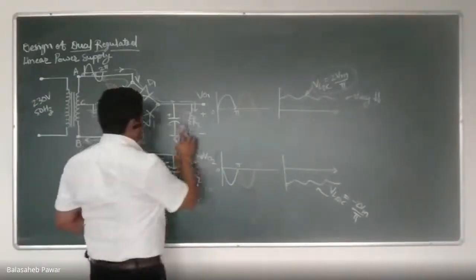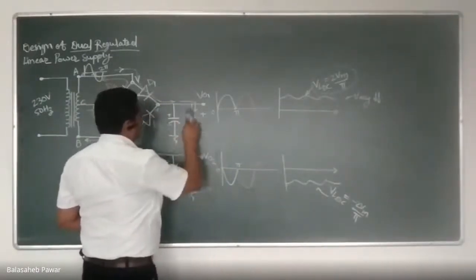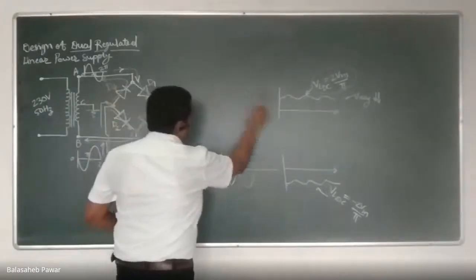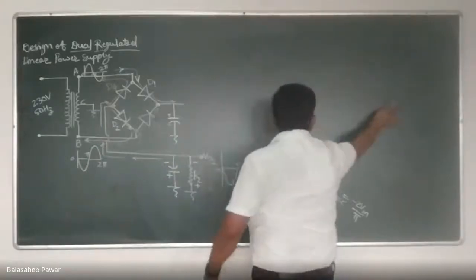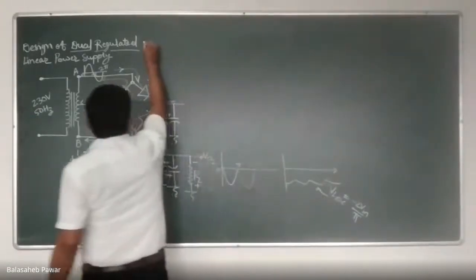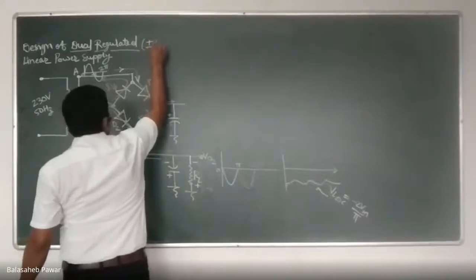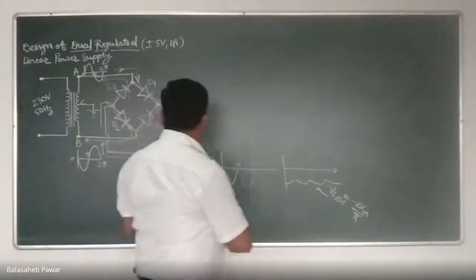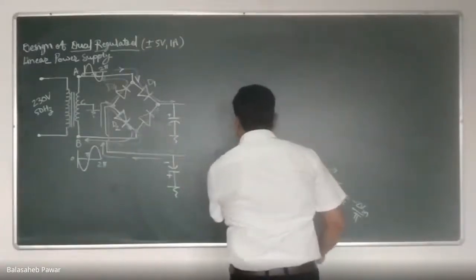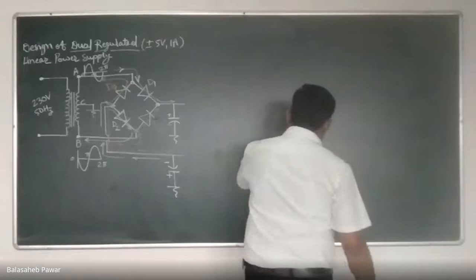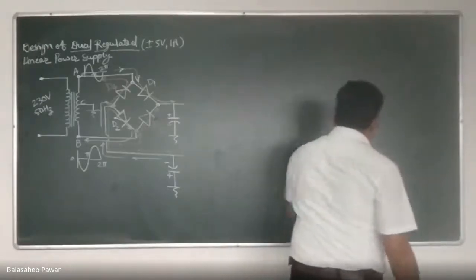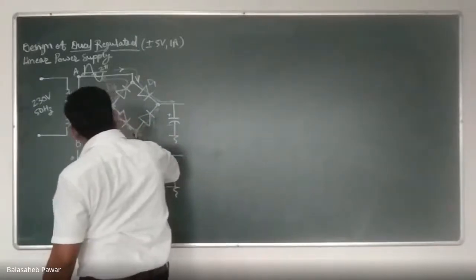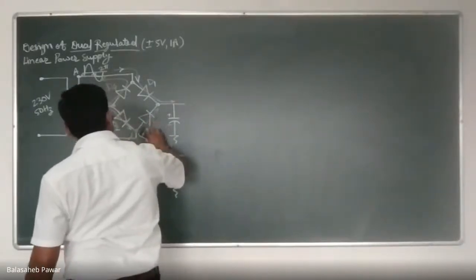Now the remaining things are very simple. Already we covered during our previous sessions also. I am going to design and develop plus minus, here I will mention plus minus 5 volts, 1 ampere. What will you do? Which IC regulator should get preferred? Fast. Already we covered all these things.